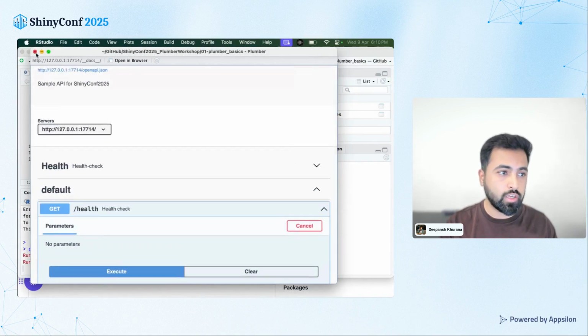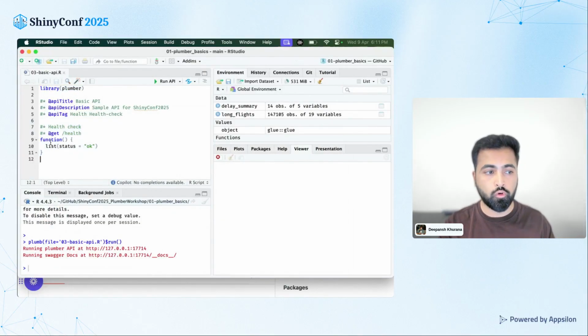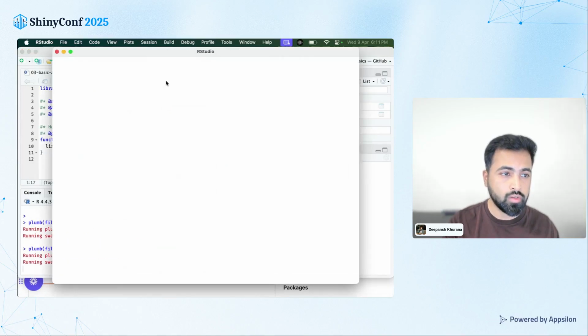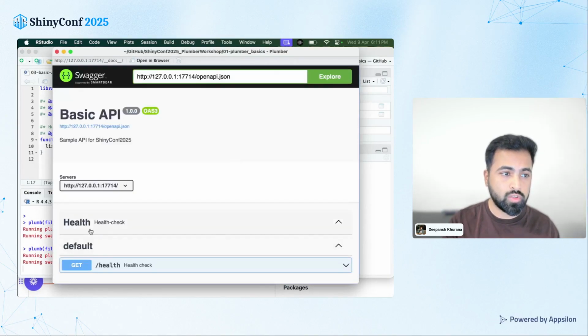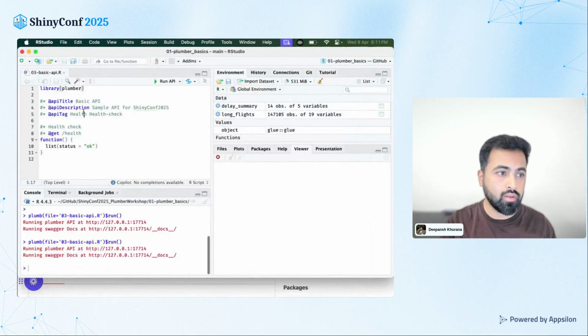Essentially, if you are able to just follow along with this code, which is library plumber, and follow along with this decorated string, you should be able to get this to work. Now, a few notes on what this API title, API description, API tag does. If you run this again, you'll see that the health comes in the default instead of the health check tag. What creates this health check is actually this API tag, and the syntax is simply